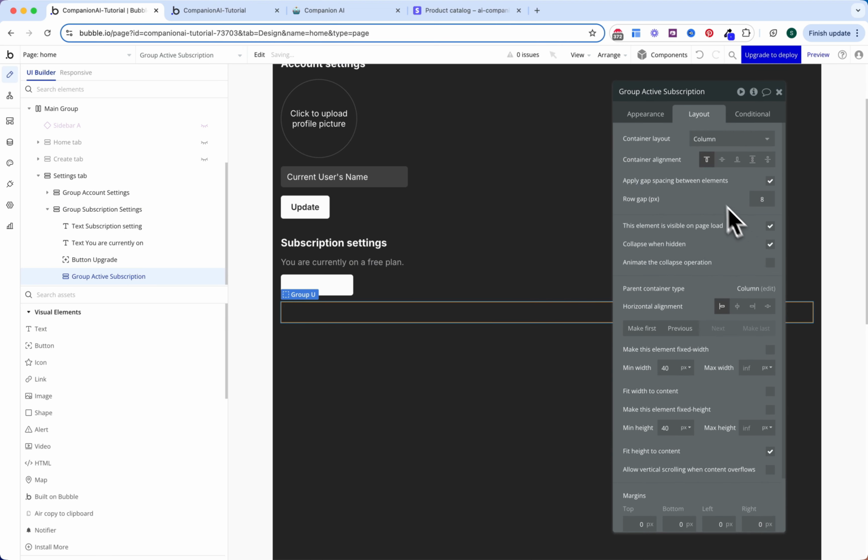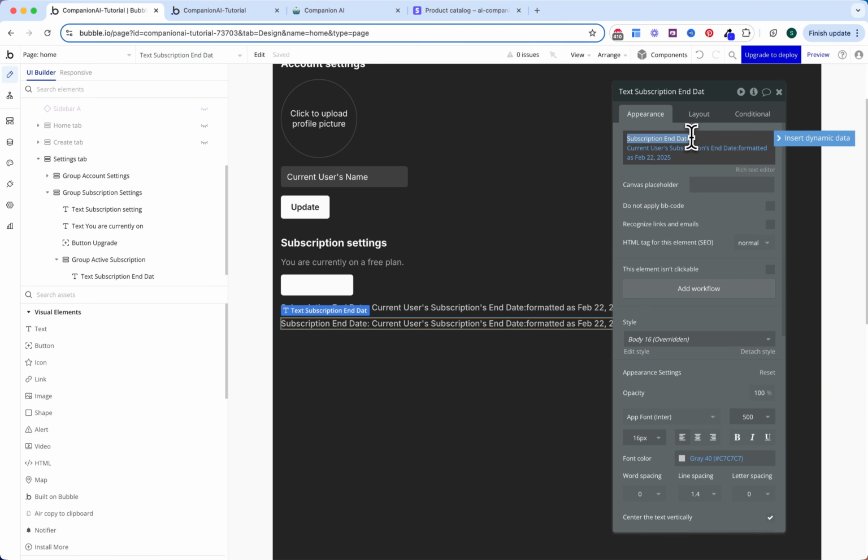Now I'll take this text element and paste it right here. I'll delete this condition and go to the appearance tab. Here I'll change the color to be gray 40 and I'll change the font weight to be medium. Now the text should say subscription end date and we'll insert the dynamic data of the current user's subscription end date and we'll format it in this format like this. I'll make a copy of this text, paste it right here and I'll change this to be the next billing